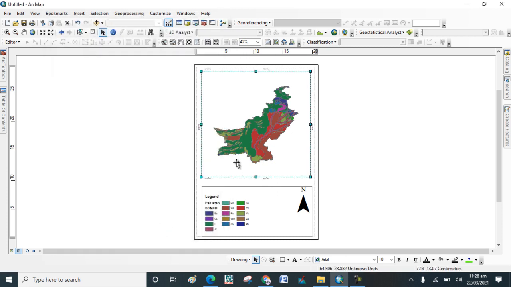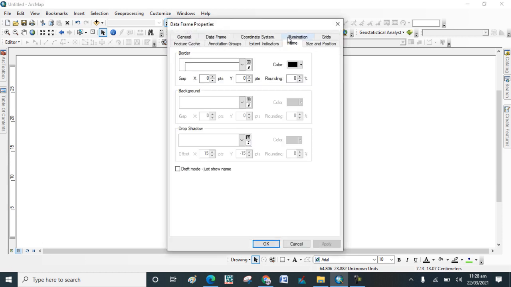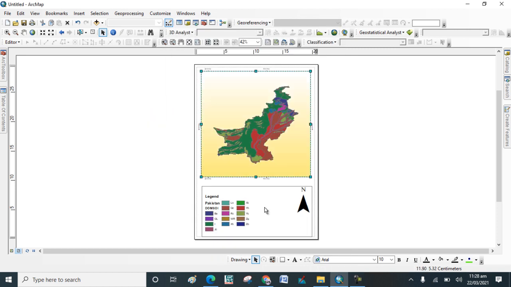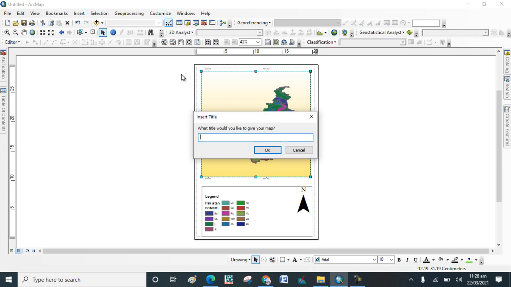If you want to add a background color, go to properties and click on frame. Here you can click on background color and click on OK. Now add the title to the map. Go to insert and click on title.